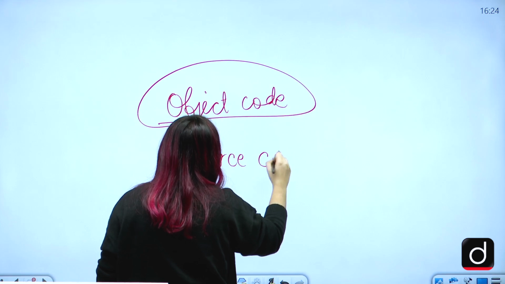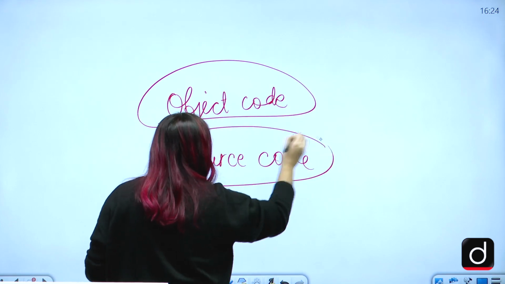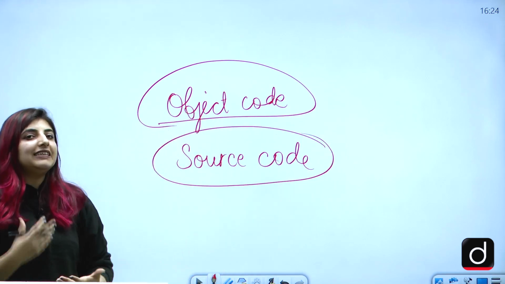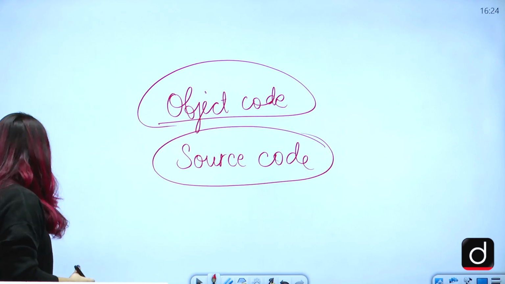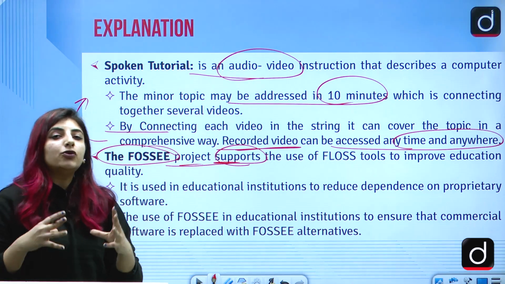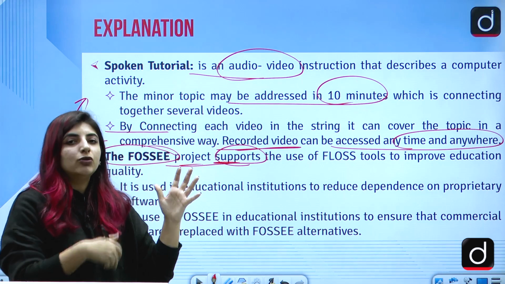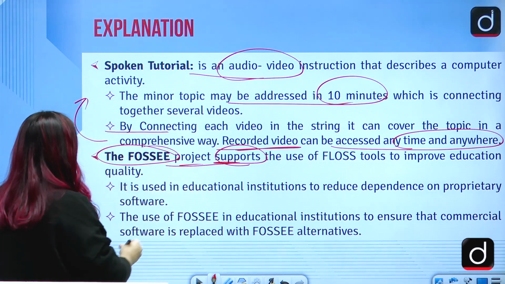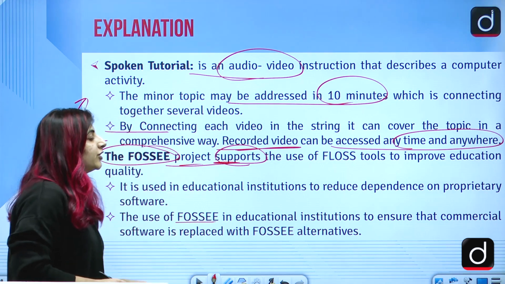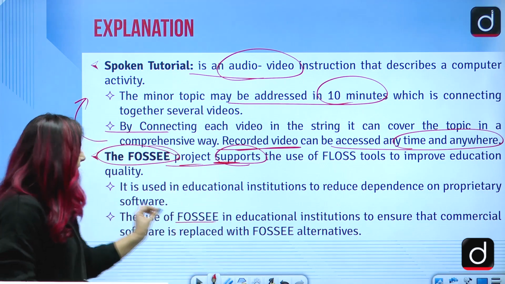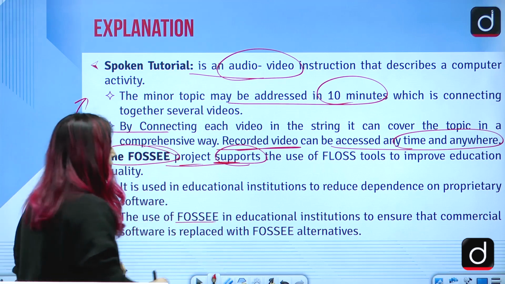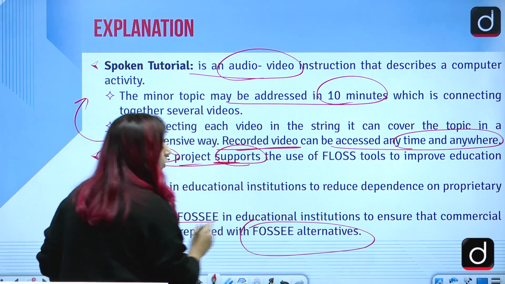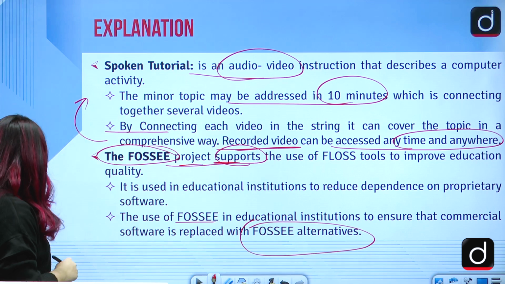Even if we talk about an HTML program, you write it in a particular programming language which is easier for you, correct? So FOSSEE makes this open source software available to everyone so that they can edit it according to their own usage, correct? The use of FOSSEE in educational institutions is to ensure that commercial software is replaced with open source software alternatives, correct?